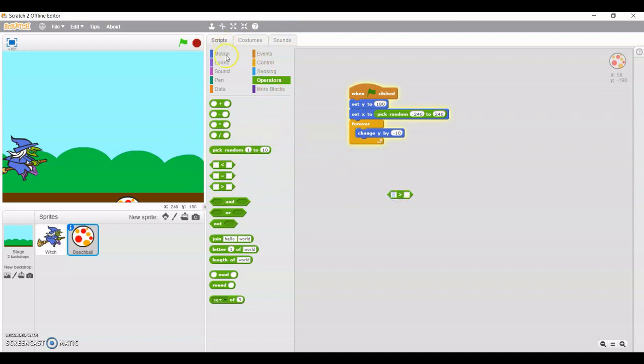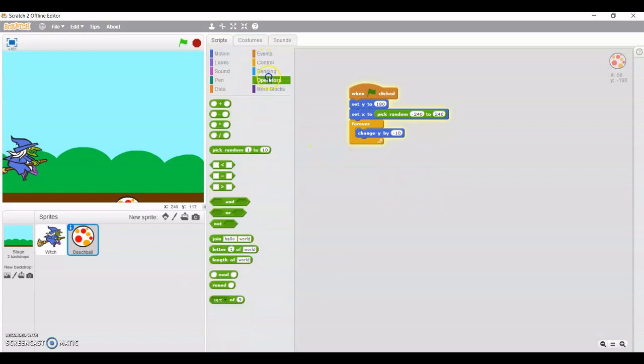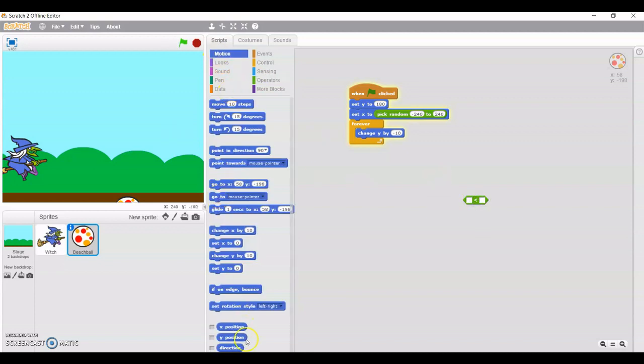I'm going to insert the y position here, from the motion block, on the left side, and the value on the right I'm putting, suppose, minus 150. So this is a comparison block.